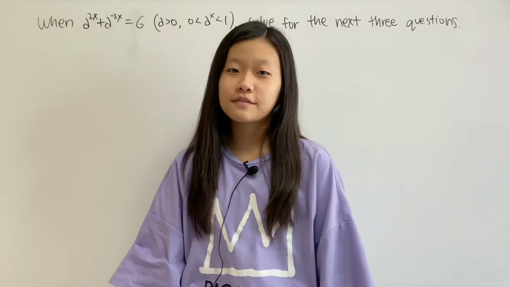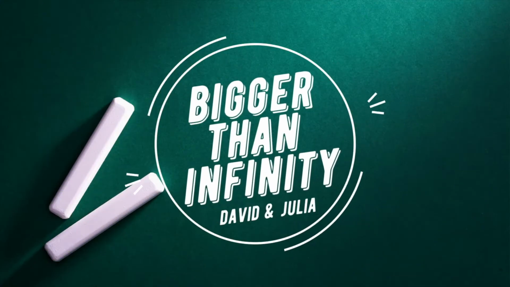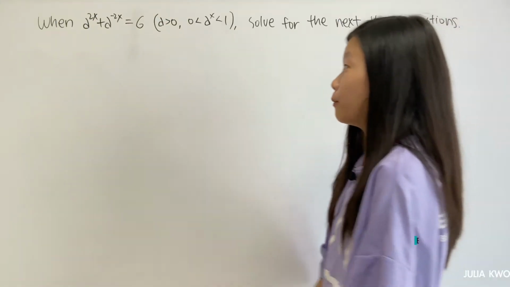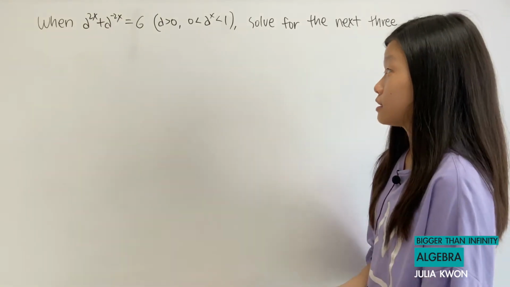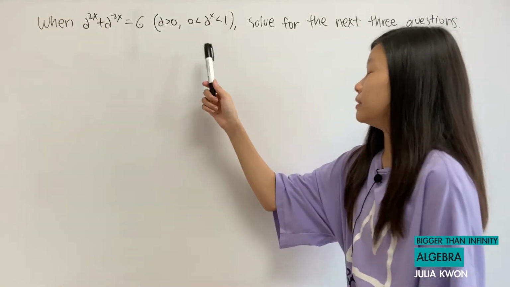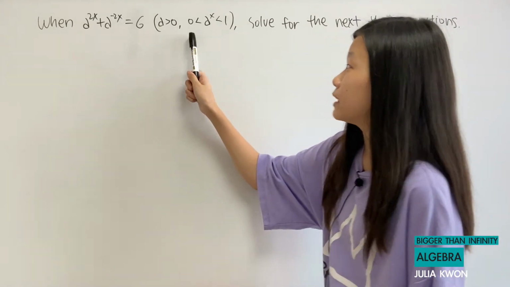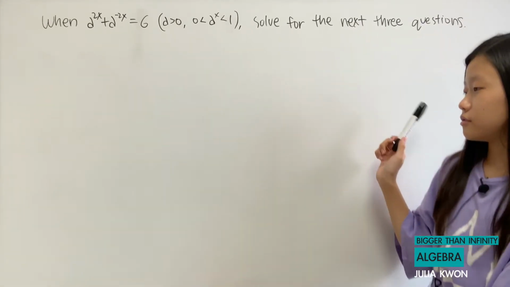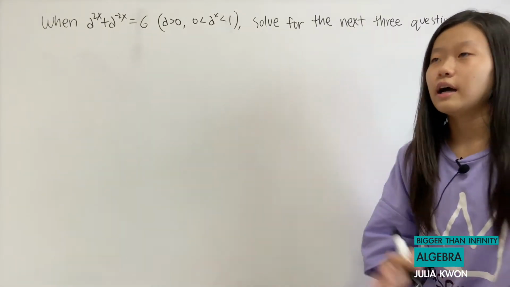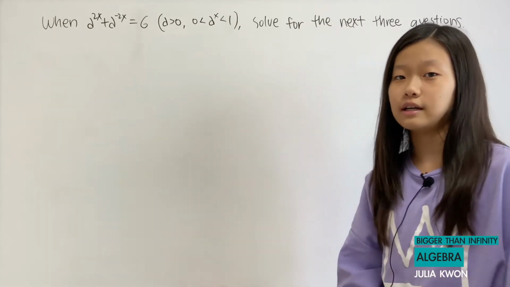Hello everyone, in this video I have the question written down here, which says: when a to the power of 2x plus a to the power of negative 2x is equal to 6, meanwhile a is positive and a to the power of x is between 0 and 1, solve for the next 3 questions. But first, I know that there's no questions written down here,